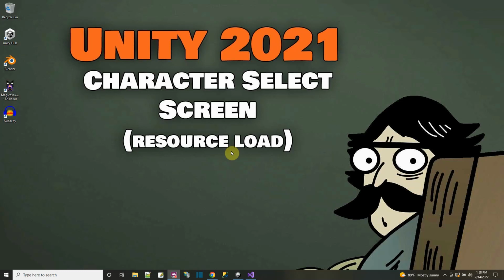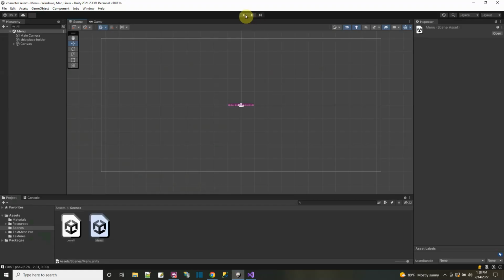Hello friends! In tonight's Unity tutorial, I want to go over with you how to make a character selection screen for your Unity game. A screen where the player could pick if they want to be looking like this or looking like that. An example here of what we're going to make, I'll show you in this little project